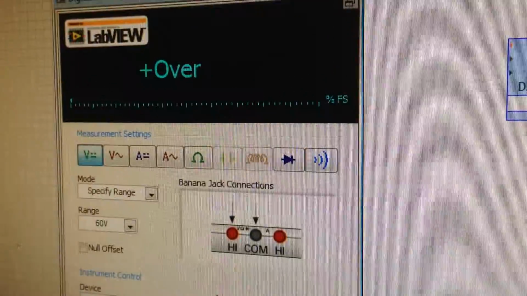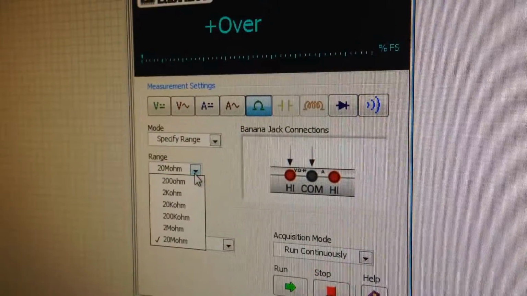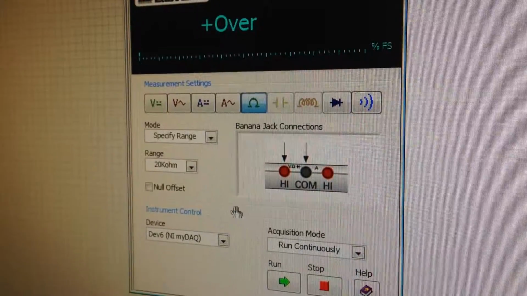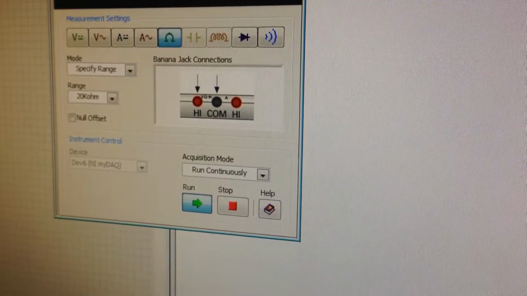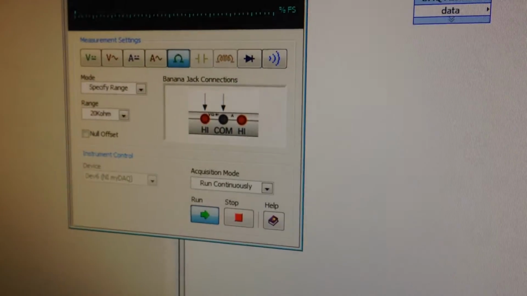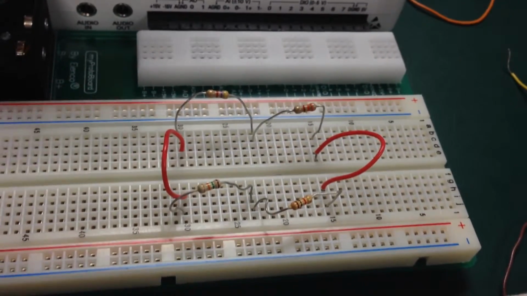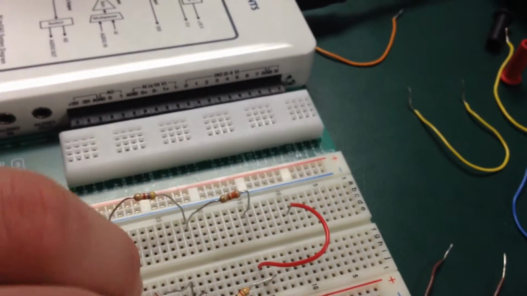We have that there. We'll bring up our digital multimeter, set it to ohms, change from megaohms to kilohms, and we will run. And okay, so if we're going to measure across, we'll have to break this circuit here